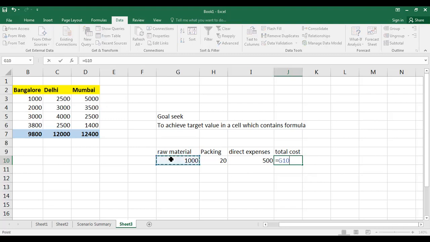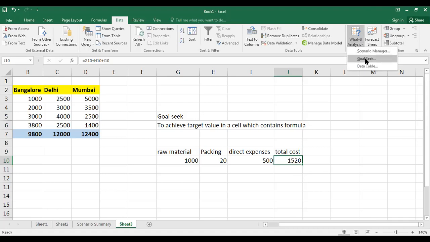It's just a sum of these three cells. Right now, this much is the input, so this is your expected, this much you have spent. So the total cost for your product is 1,520. If you are adding profit, you can add it. Now, suppose they are telling us we want the total cost only up to 1,500. I don't want to make it 1,520. We want to spend only 1,500 for the production cost of a particular product. So if they tell me, I have to make changes in any of the three cells, the 20 rupees adjustment has to be done, no? That I can do using Goal Seek.